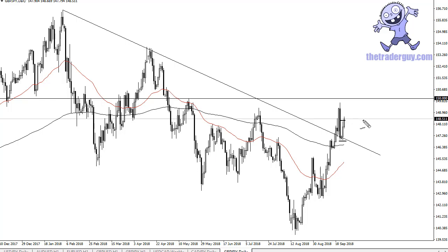It shows the resiliency of this pair. I think we are, in fact, going to go looking for 150. And I think that is a very significant level, not only from a psychological standpoint, but structurally as well. If we can break above there, we will accelerate to the upside. I find this an interesting pair right now because